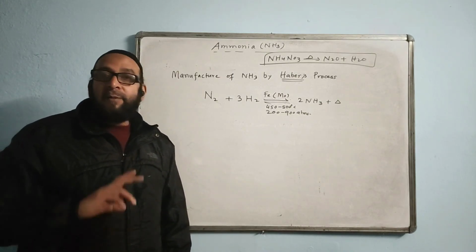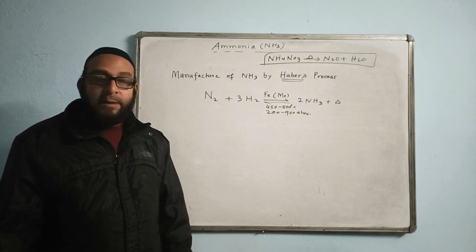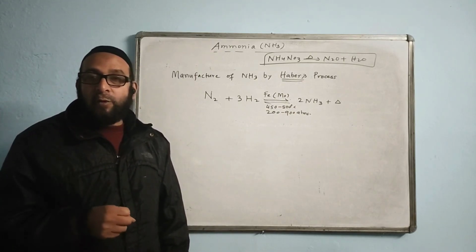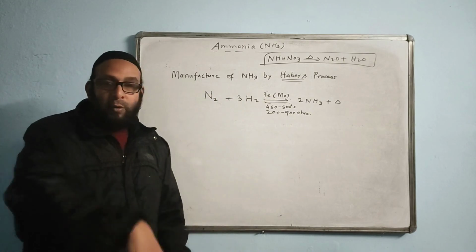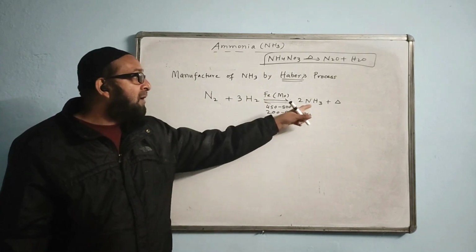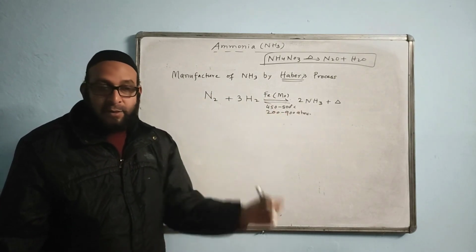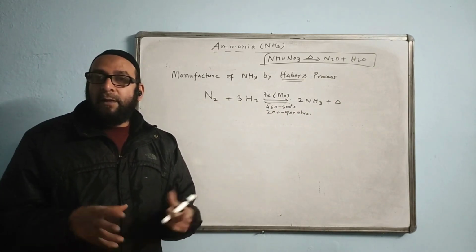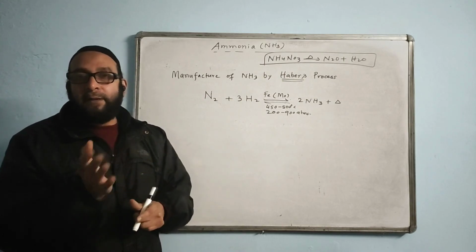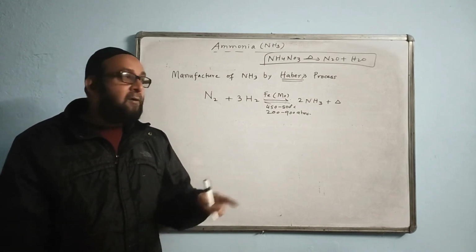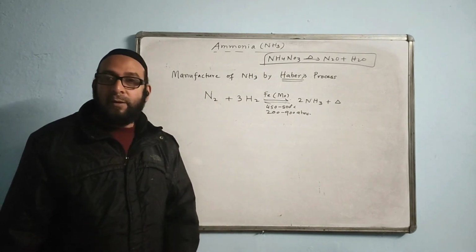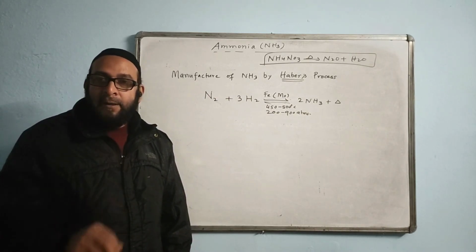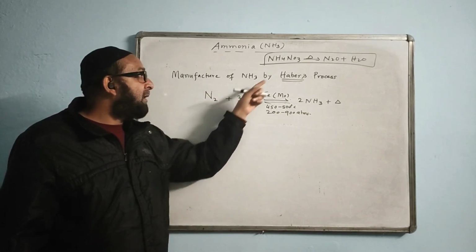And there is one more method you can suggest to separate ammonia, that is by dissolution in water. We can dissolve the entire mixture in water. Ammonia is highly soluble in water, whereas nitrogen and hydrogen remain undissolved. They are insoluble, so they will be separated. Ammonia is separated from the uncombined nitrogen and hydrogen. So there are two methods you can suggest. I think today we have done till Haber's process.